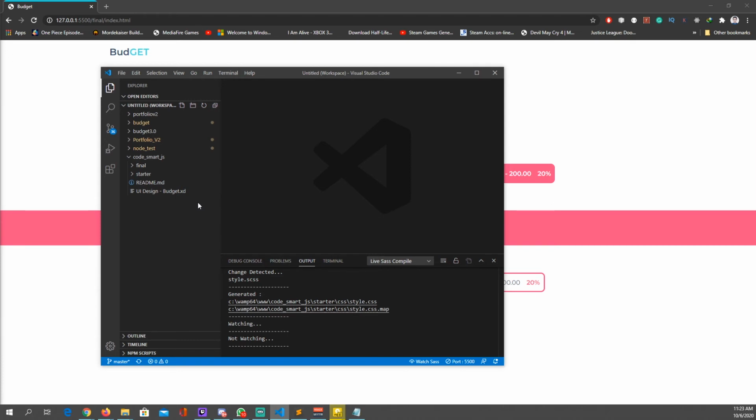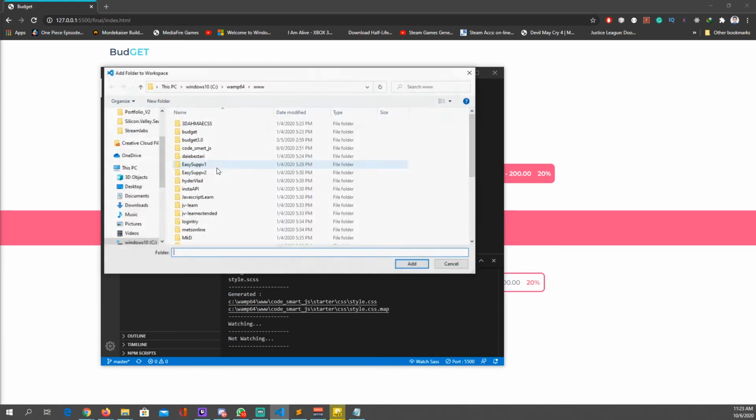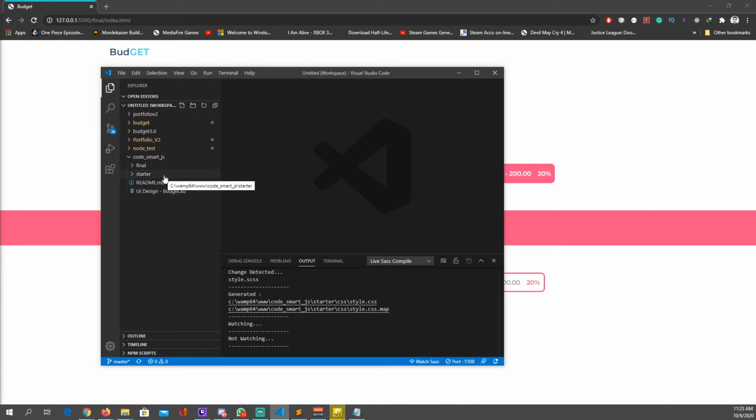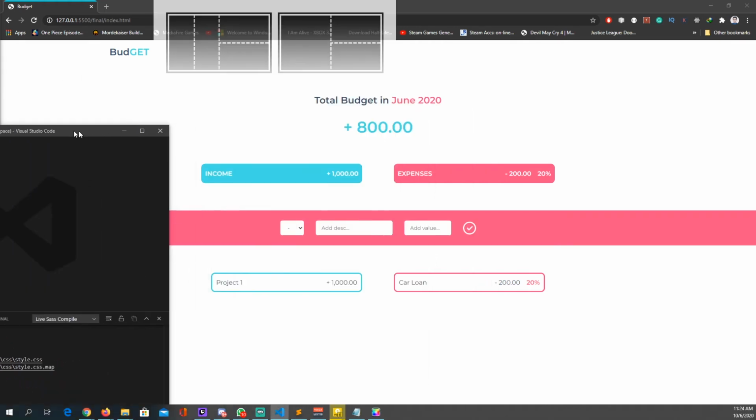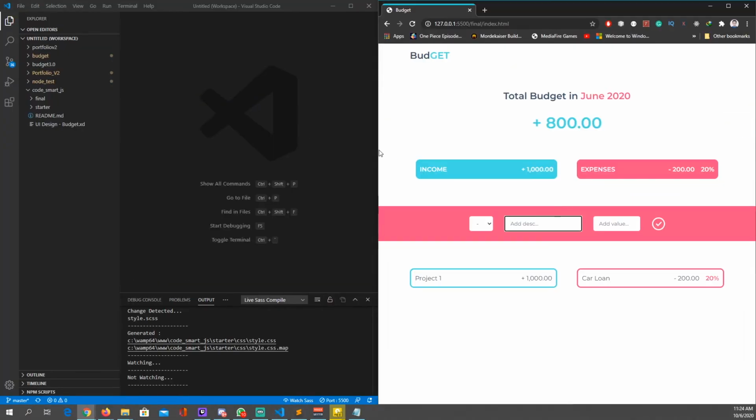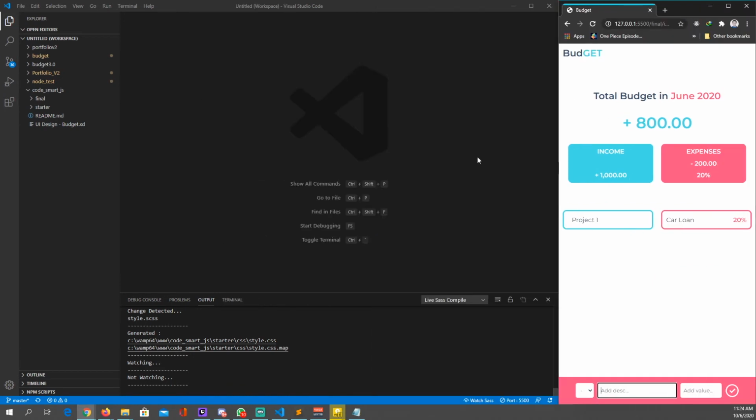But if you use Visual Studio Code like me, just go to File, Add Folder to Workspace, move over to where you put your project folder that you downloaded from Git, and just click on the Add button over here, and then it's going to pop up in your code editor. So like mine over here, I'm using Visual Studio Code. Just to make it easier, I'm going to put it side by side, and then we're going to make it small. No worries, you can make it small. I also made the budget web app responsive.